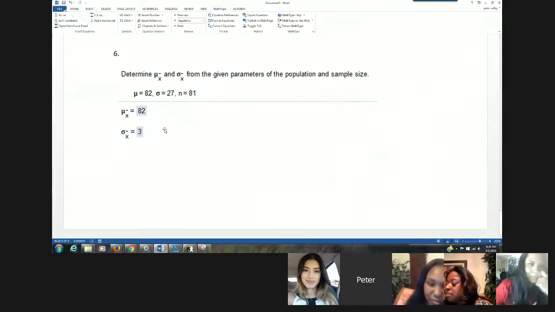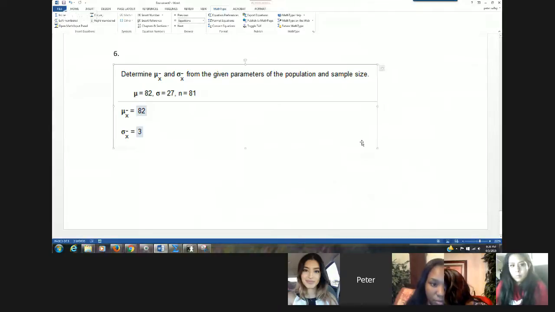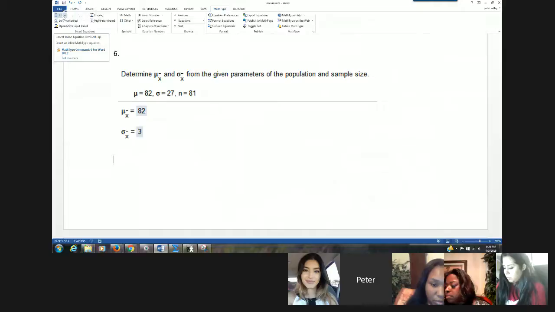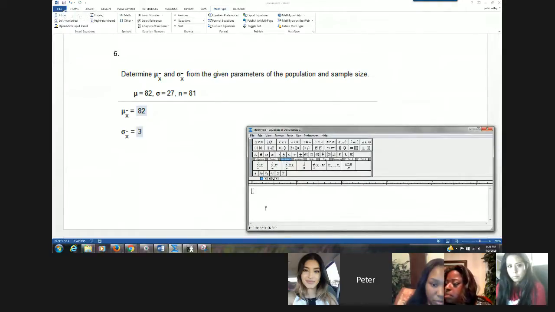All right, then last one before I go and grab some more questions. It says determine the mean and standard deviation from the given population and sample size. If they tell us that the population has a mean of 82, and I grab 81 random people, add them up and divide by 81, then the sample mean should be 82. But the standard deviation changes. The standard deviation of the sample is going to be the population standard deviation divided by the square root of the sample size,